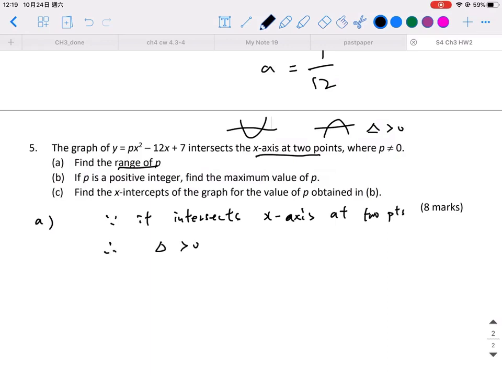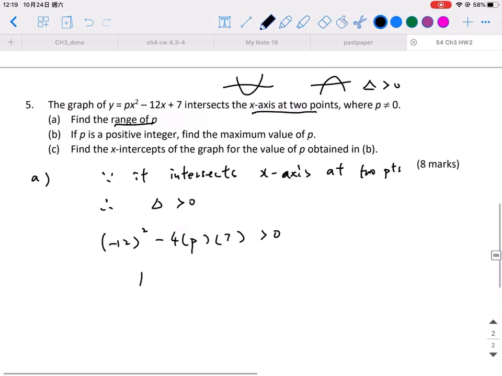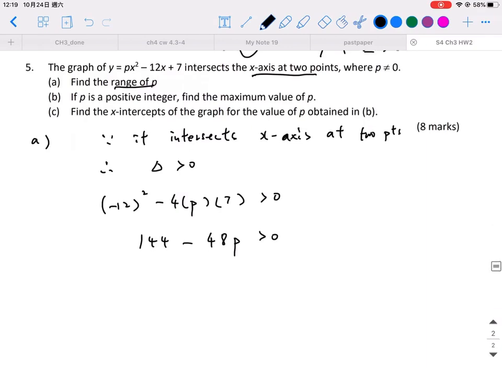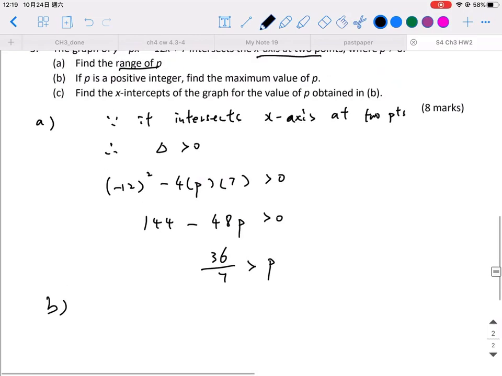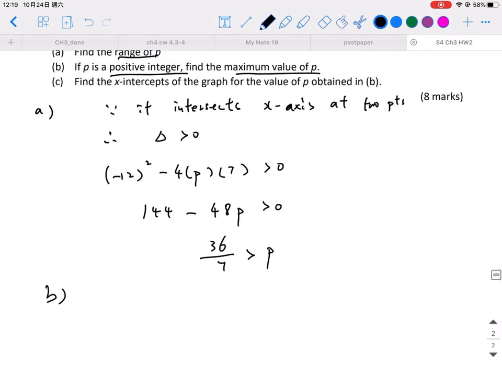so the delta is greater than 0, and you will get b squared minus 4ac greater than 0, and 144 minus 48p greater than 0, and therefore you will get the answer is 36/7 greater than p. Okay, so for part B, if p is a positive integer, find the maximum value of p. So we know that 36/7 is around 5 point something. So the maximum of p will be